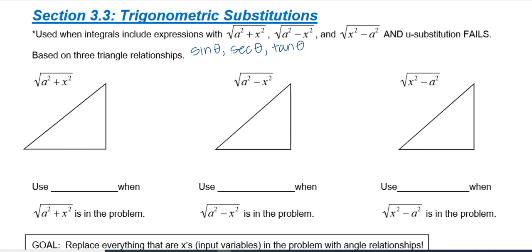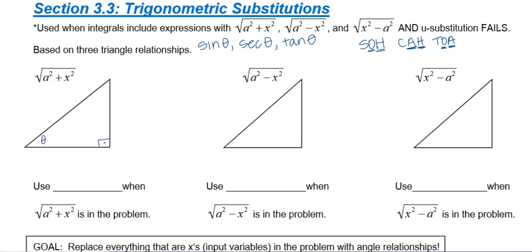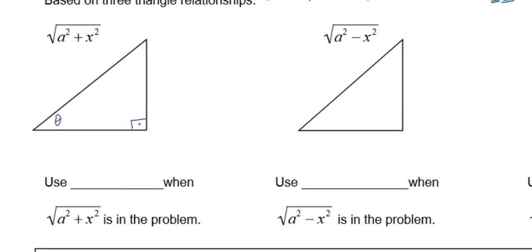Okay? So do you remember good old-fashioned SOHCAHTOA? Sine is the ratio of the opposite side over hypotenuse. Cosine of an angle is the ratio of adjacent to hypotenuse. And TOA, so tangent, is the ratio of opposite over adjacent. So we're going to pull all of the trig that we learned into these problems. First things first, I'm going to label the right angle and I'm going to label a theta so that I can talk about an angle and know which angle I'm looking at to know which side is opposite and which side is adjacent.